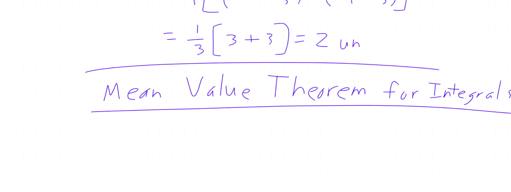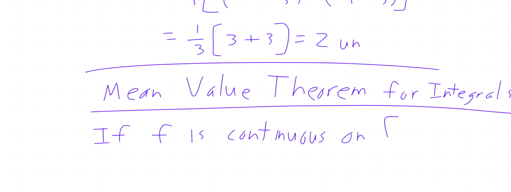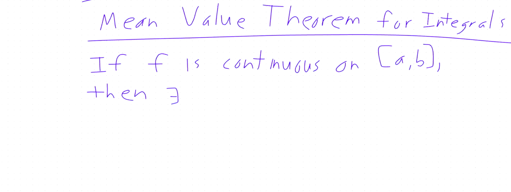So this states that if f is continuous on some interval a to b, then there exists, this backwards e means there exists, some number c that is in this interval, so it's between somewhere on that a to b, such that